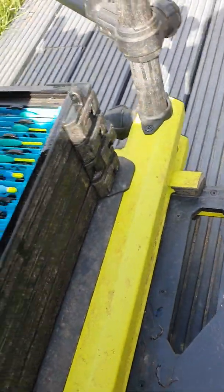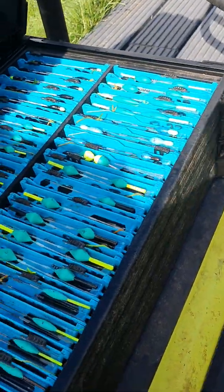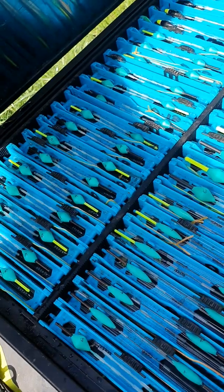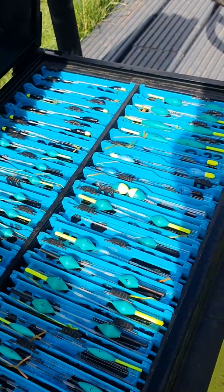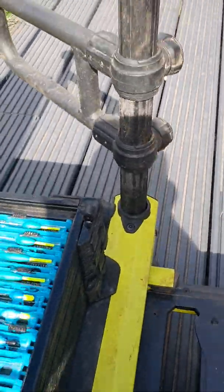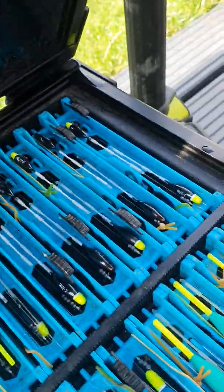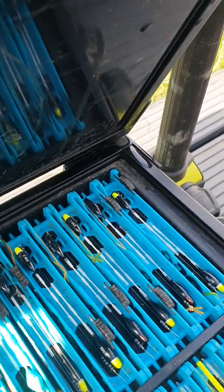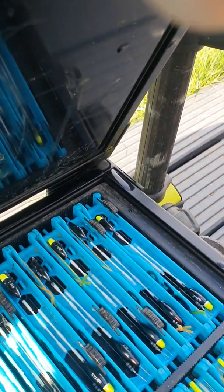Move into the rigs. First of all, these are all mine, like the blue winders, the small winders. These are all my shallow water rigs. I'll start off over here. These are little inline dibbers. Make them up on 020, just because